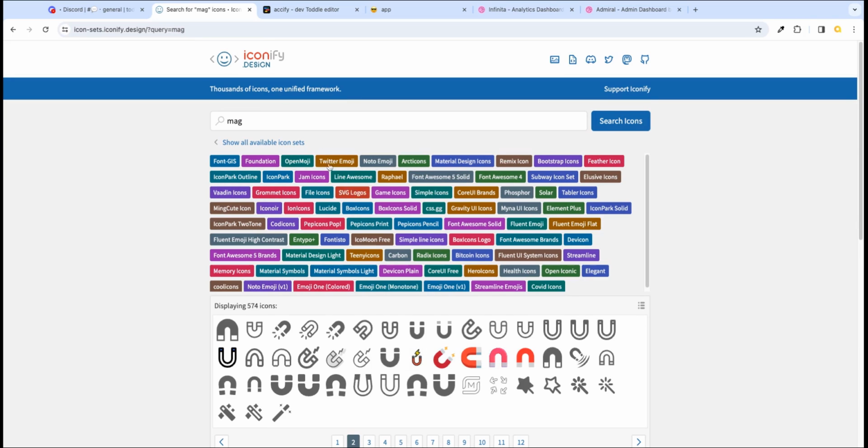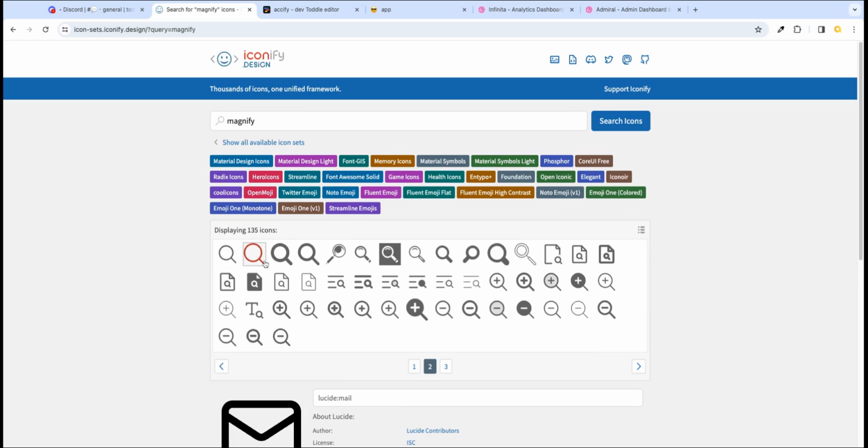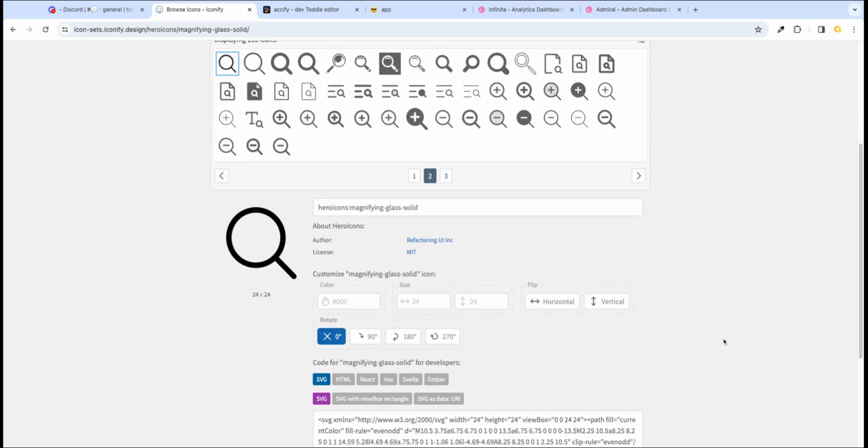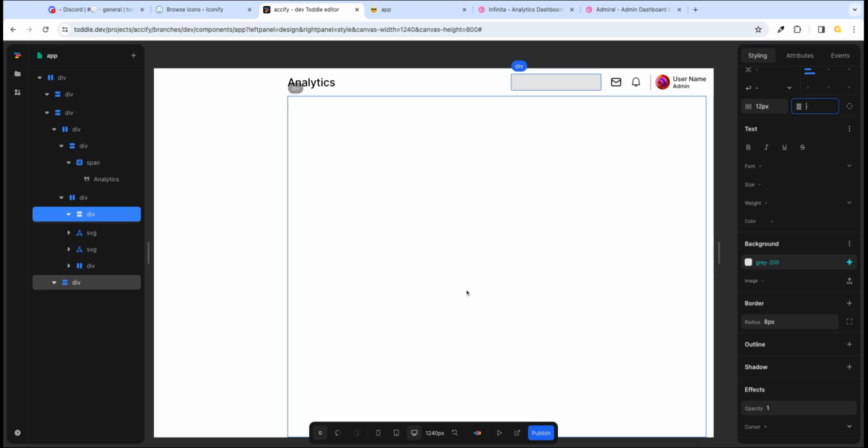Okay, that seems to come up with magic or something. So I don't think. Okay, let's hone it down a little bit more. There we go. So again, we want something that's around about 24. What's that one? 14, 24, perfect. Okay. So again, we're just going to copy that, put it into Toddle, and inside this div,